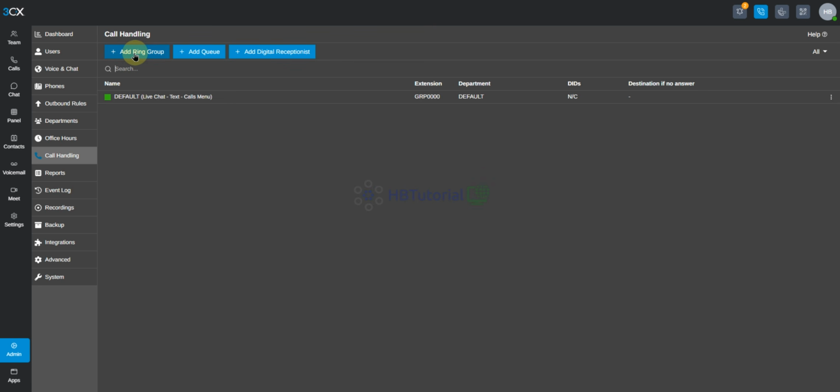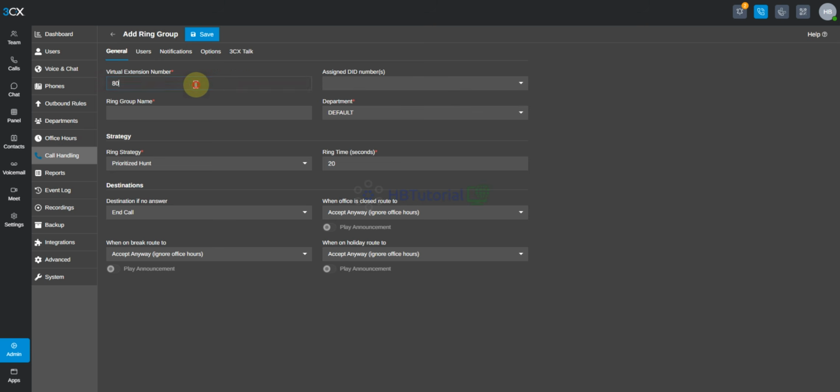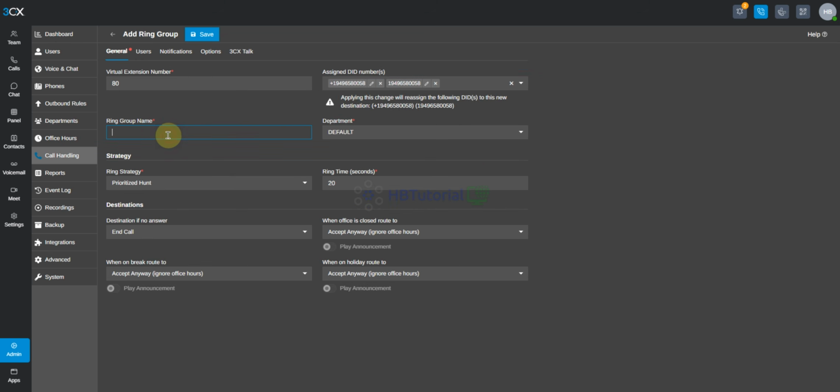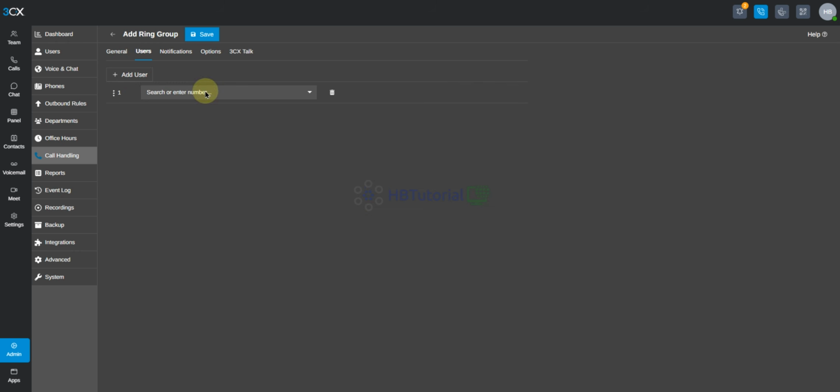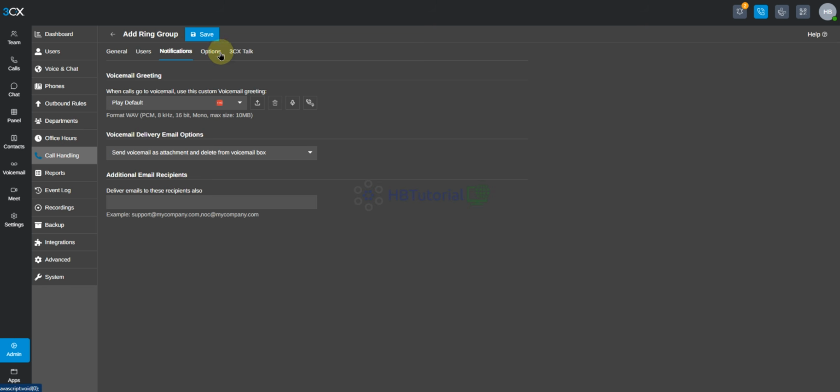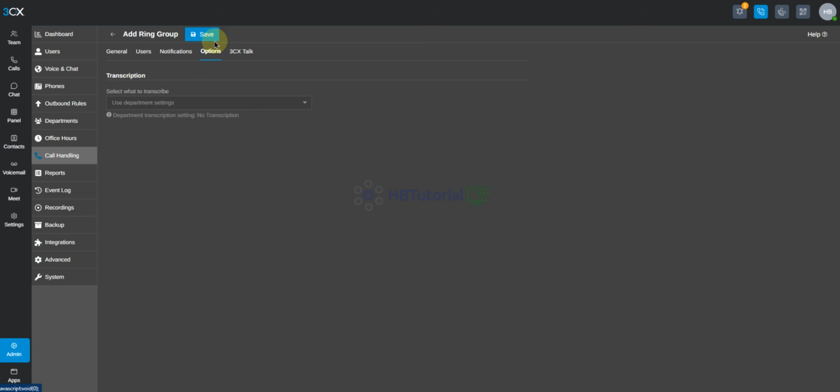So we can have the ring group, station 80 DID, ring group name, S group, department, default on 20 seconds. You can add the user, you can add bot, notification, play default, save.